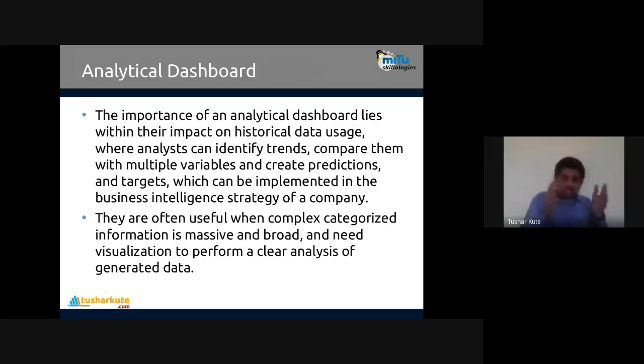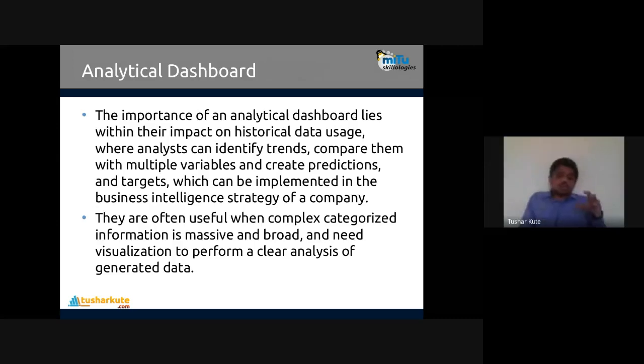Now see what we have seen about machine learning analytics. That analytics will help us to build the algorithm, based on some factors like trends, patterns, groups, rules. Okay, so analysts can identify the trend, compare it with multiple variables, and create predictions and targets.